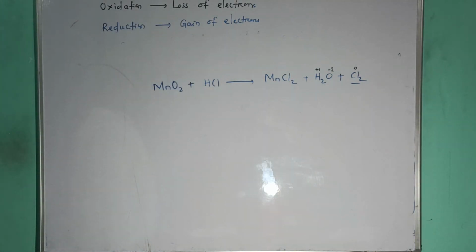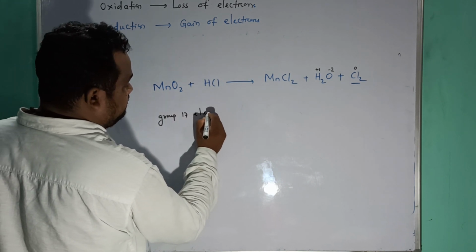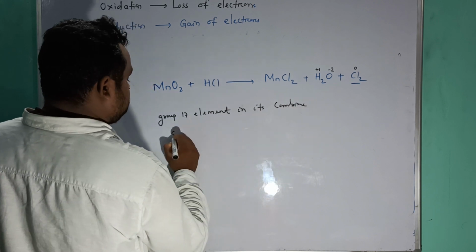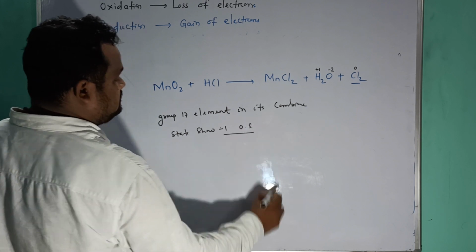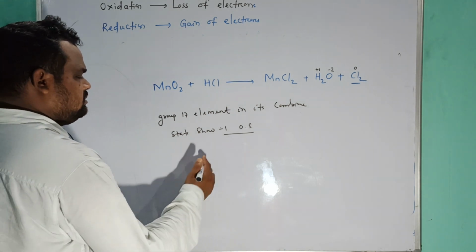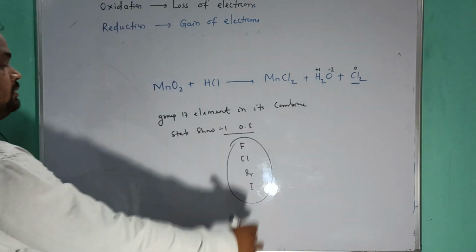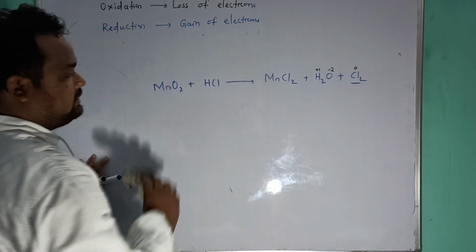और एक चीज मैं तुम लोग को बोलना भूल गया हूं, ग्रुप 17 एलिमेंट in its combined state show -1 oxidation state। तो ग्रुप 17 अब तुम लोग पढ़े नहीं, तुम लोग सिर्फ याद रखो फ्लोरीन, क्लोरीन, ब्रोमीन, आयोडीन, ये चारों एलिमेंट ग्रुप 17, they will show -1 oxidation state in its combined state। ये देखिए रूल है, this is the rule for calculating oxidation number। तो जनरली ये रूल हम यहाँ पे अप्लाई करेंगे।